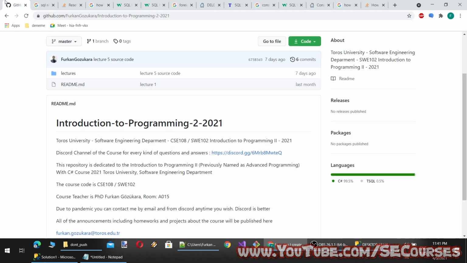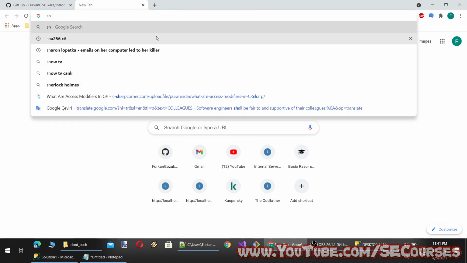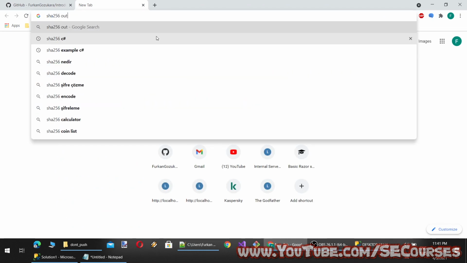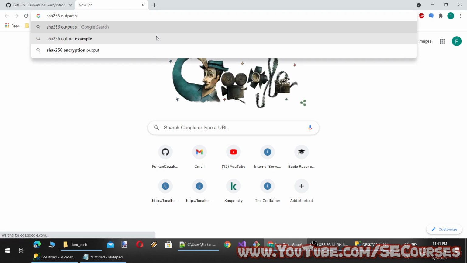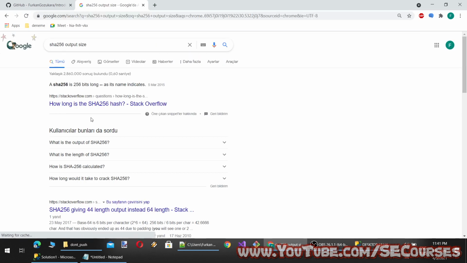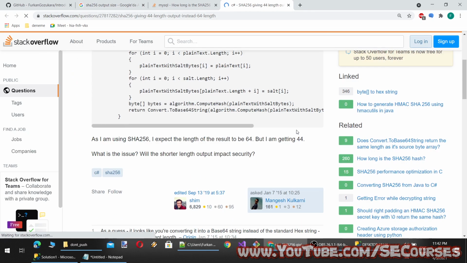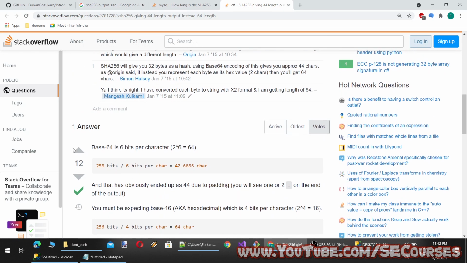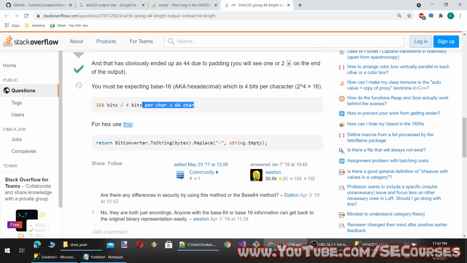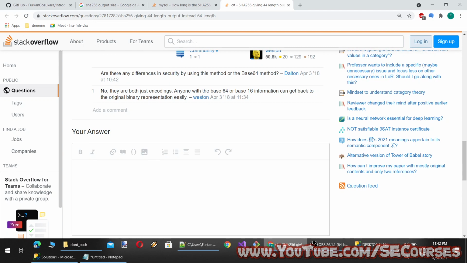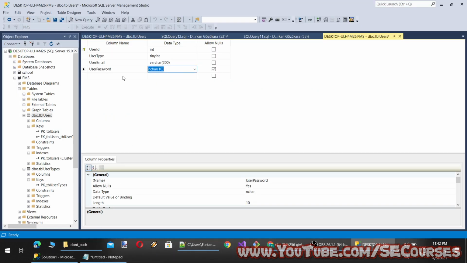I will also show you what a salted password is and what that means. The SHA-256 output size, I think, is always 64 characters. Yeah, it is 64 if I remember correctly. So I'm going to set it as char 64 always.